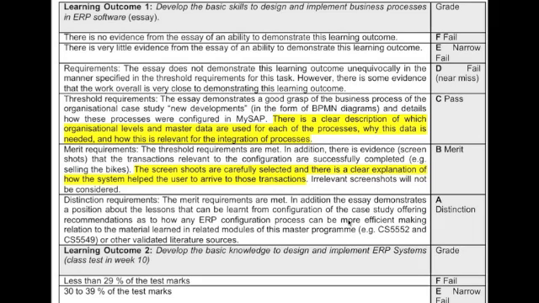Many of you focus on how the sales and distribution process can be more efficient. That was not the case. It was not about improving the sales and distribution process. It was about commenting on what are the issues in the configuration process that I saw during my experimentation, and that I have been also studying in other modules.